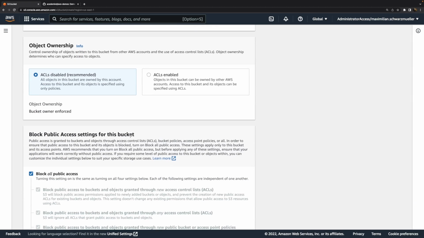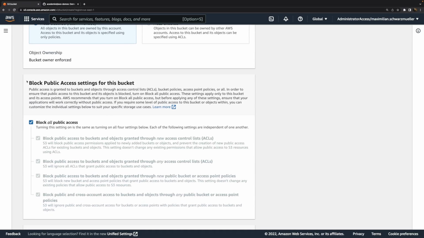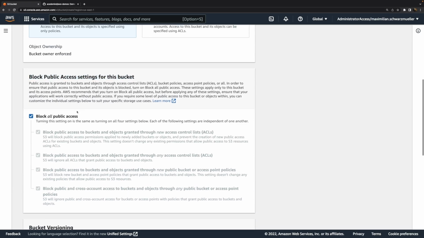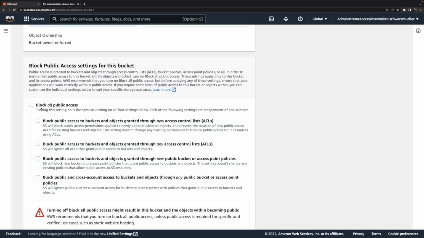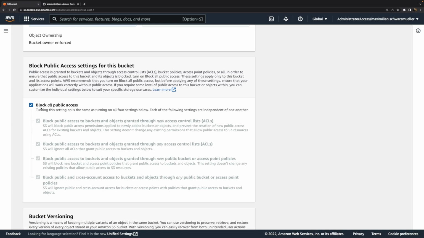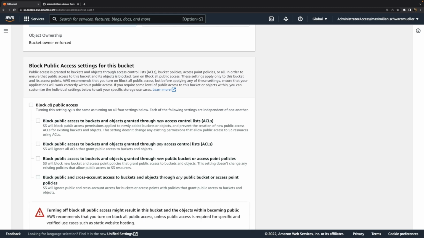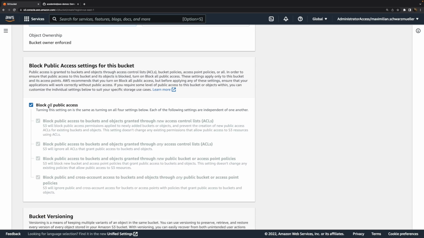Next, you have various settings related to who can access the data. And by default, all public access is blocked. And you would have to disable this to then add other settings to grant public access to this bucket. Now, I do show how you could create a public bucket in my course. In the end, you have to disable this block all public access feature. And then you could add a bucket policy, which does grant access by anonymous users.